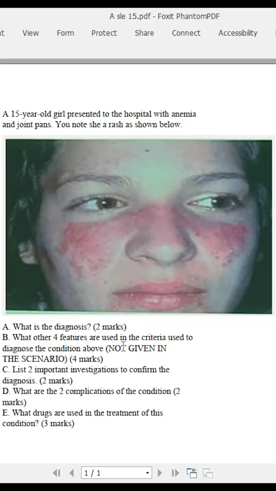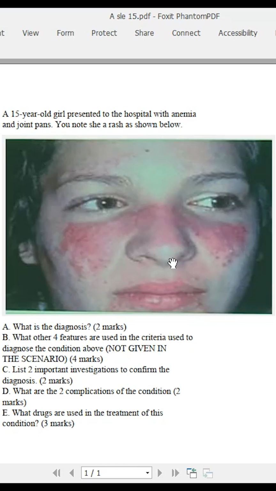What other four features are used in the criteria to diagnose the condition above? That is not given in the scenario. So I like to divide the body into different sections. That way it will be easy to remember the clinical manifestations or the clinical presentation of these patients. So from the head to the toe, we are saying altered mental status, memory loss, behavior changes, seizure, coma, alopecia,